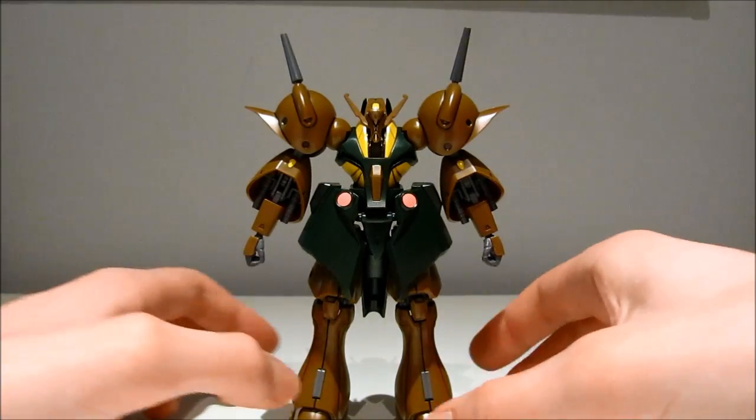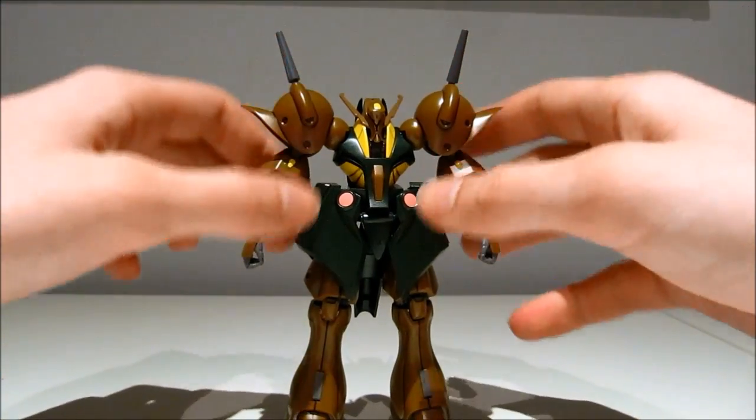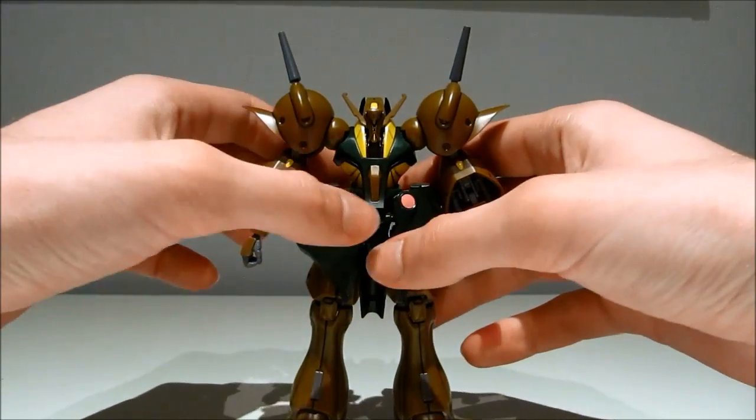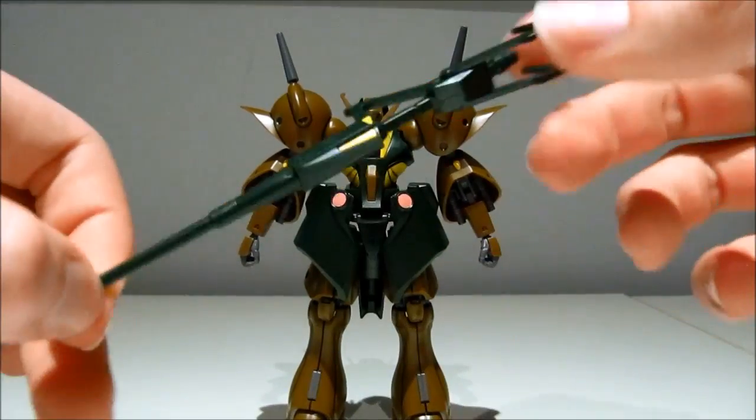This time a review of the 1/44 scale high-grade Universal Century Gabthley from the Zeta Gundam series. And for colors, we get some very nice down-to-earth ones. We have brown for the arms, the legs, the head. Then we get some very cool looking dark forest green for the skirt armor, the body, and even for the